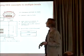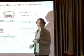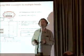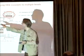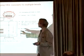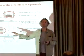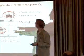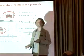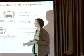So we have three main levels that we have to protect. Okay, we have the kernel on the host CPU. We have, in the case of an IXP 1200 network processor, a general purpose processor running embedded Linux on the card, and we have microengines, okay, on the same chip as the general purpose processor. Now, these things do not run any operating system whatsoever. Okay, so we've tried to